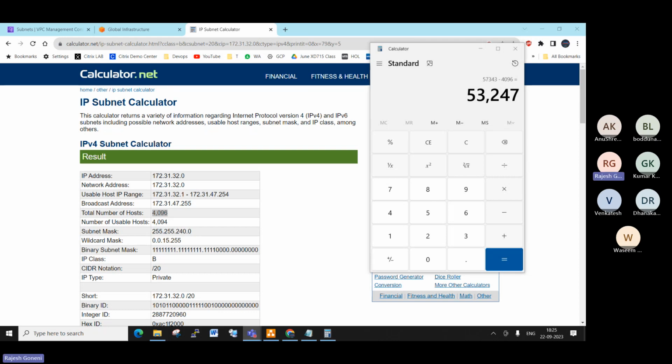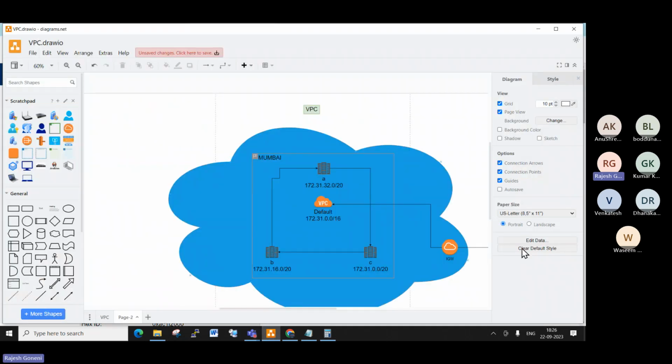So you understand, right? These many IPs are available, which means we can run this many servers. I hope everyone understands what a VPC is and what subnets are. My next question is, can anybody tell me, within this range,